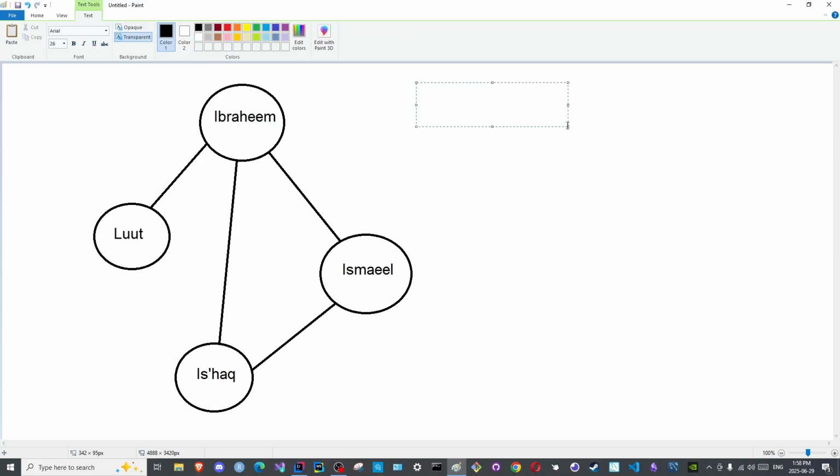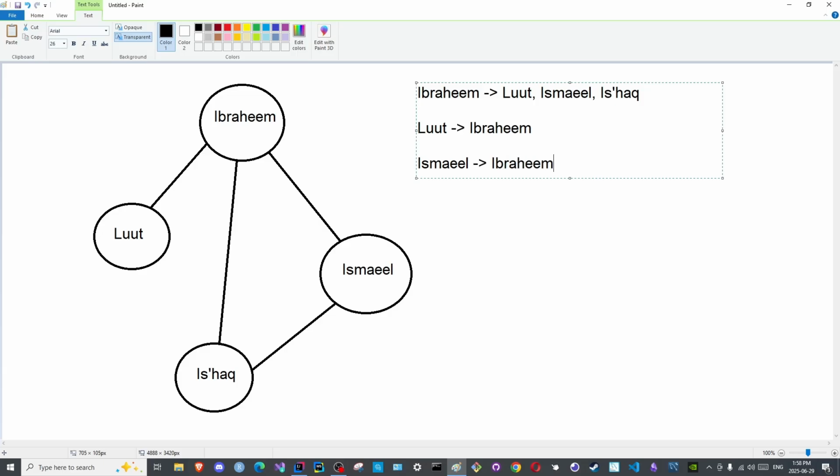If we design an adjacency list for them, it will look like this. Lut, Ismail, Ishaq. Then an empty line because that is what we added in the code. Lut will only have Ibrahim in the list, space. Ismail will have Ibrahim and Ishaq, and finally Ishaq